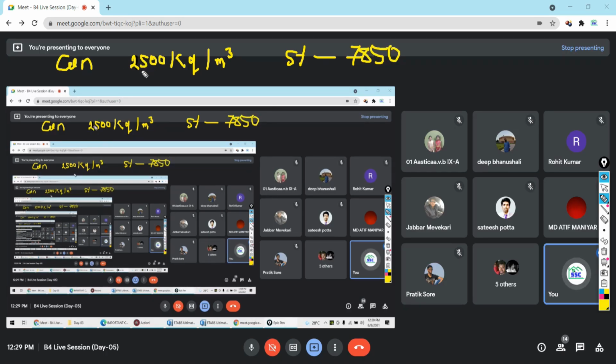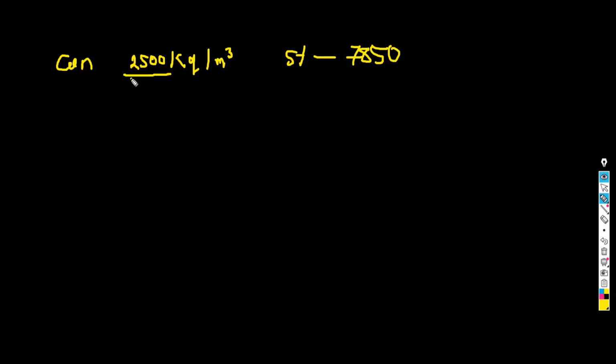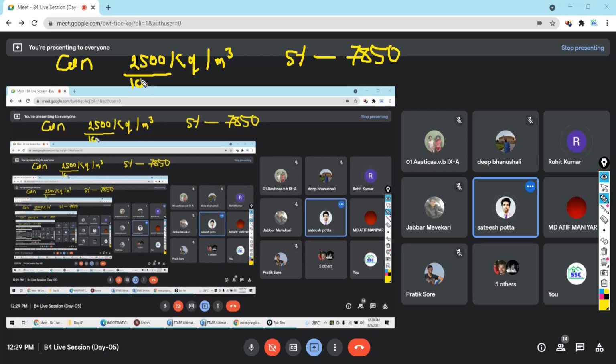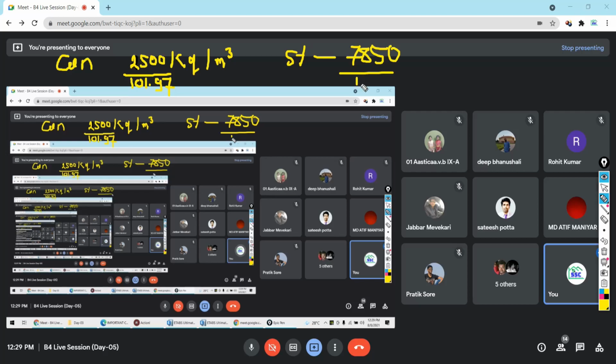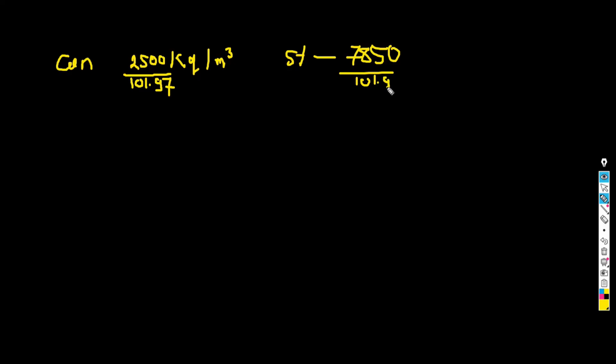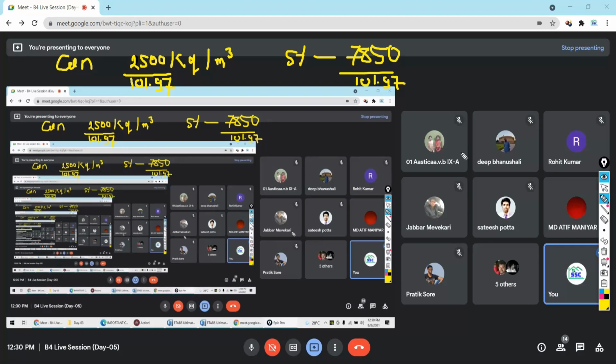Now if I want to convert it into kilonewton per meter cube, just divide it by 100. Exact figure, if you are taking 1 not 1.97, let me know what is the answer.